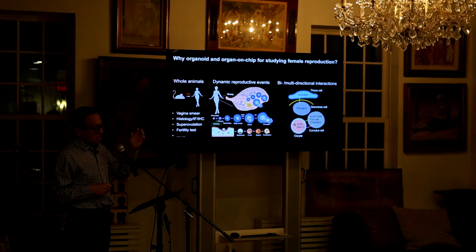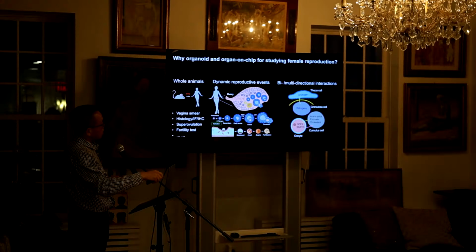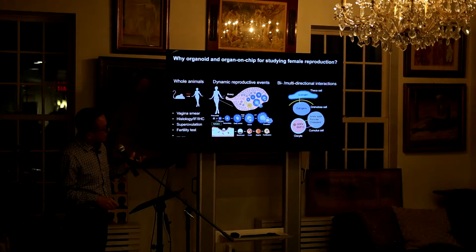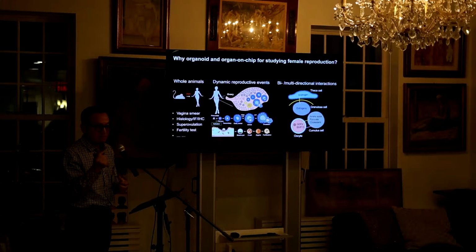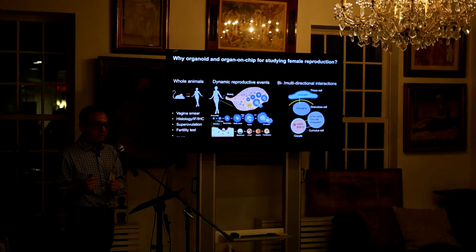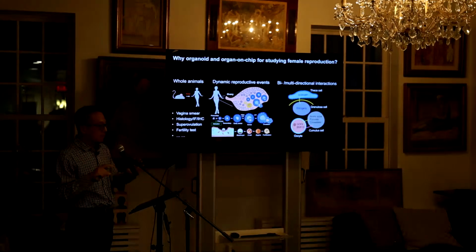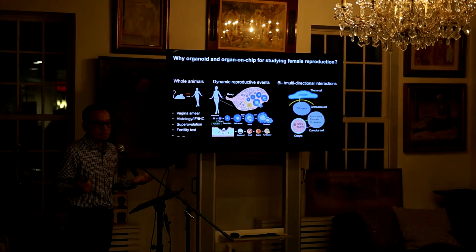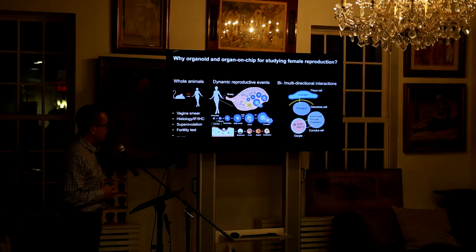So actually, those somatic cells also talk to the germ cell, the oocyte. For example, the oocyte can secrete GDF9 or BMP15, those TGF-beta family proteins, and then they can drive some granulosa cells to become cumulus cells. And cumulus cells are very different from mural granulosa cells. They have their own function. They protect the oocyte. They will be ovulated with the oocyte together into the fallopian tube, and then play a very important role in fertilization.